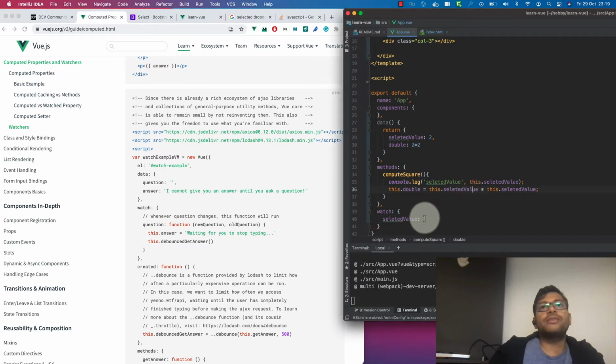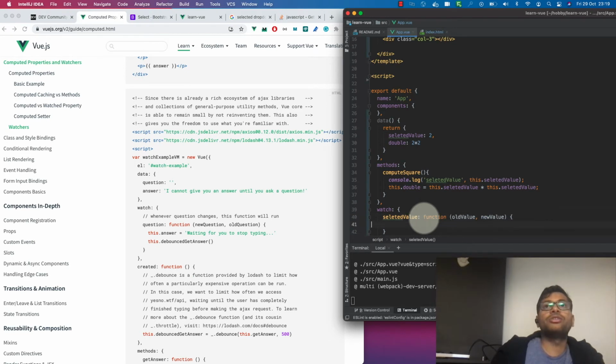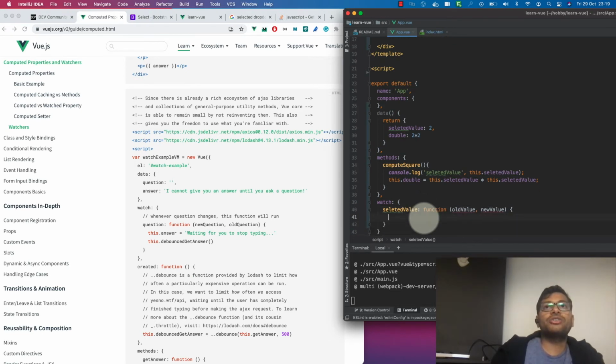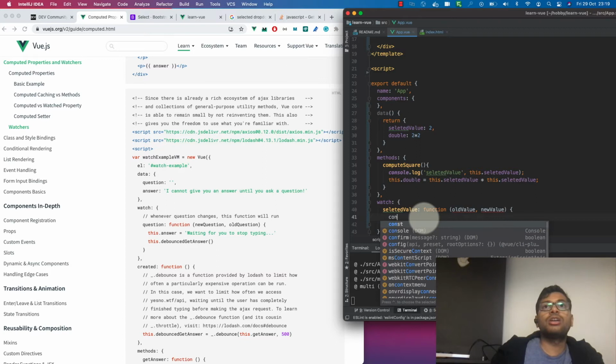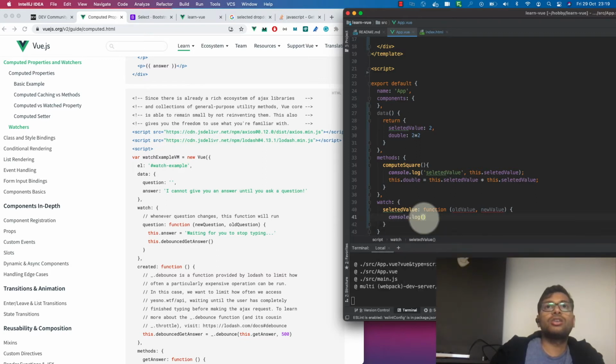So we can say that it's a function with old value and new value, and we can print the two values.